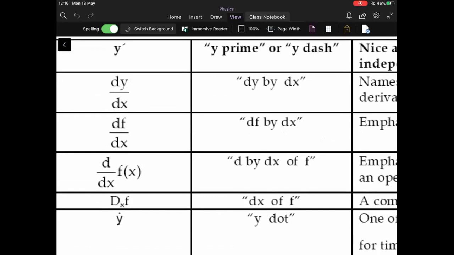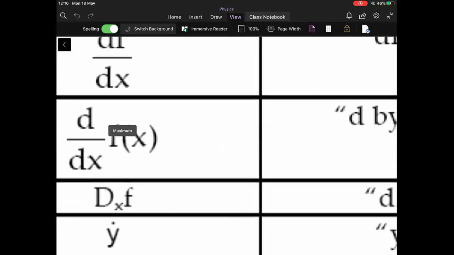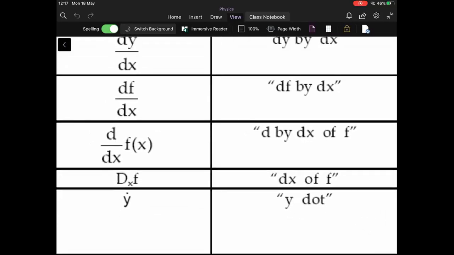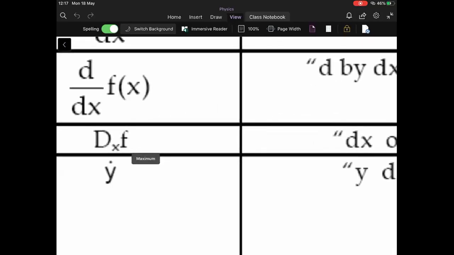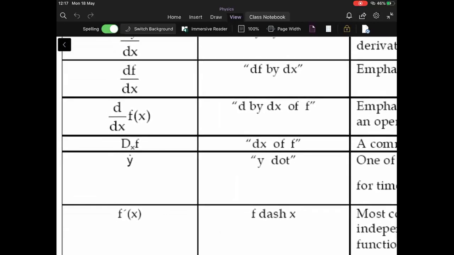Okay, so that function could be sin x or cos x, any function. You can also write function in the form of f of x. Instead of writing y or writing f, you are writing f of x. So this signifies that this is a function sin x or cos x which is differentiated with respect to it. You can also write that as y dot, which is dy by dx. Generally y dot is used when you are finding the variation with respect to time. That means y is a function of time,